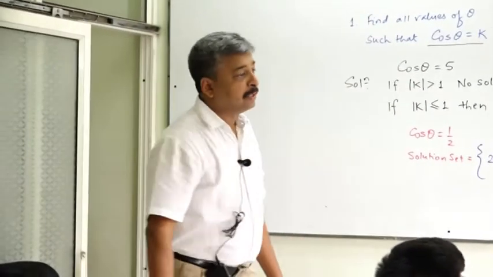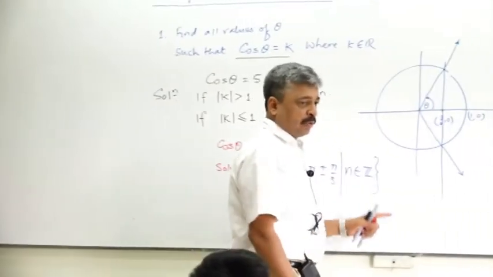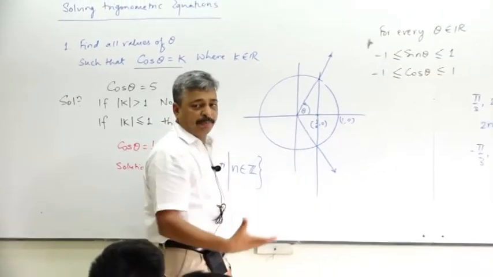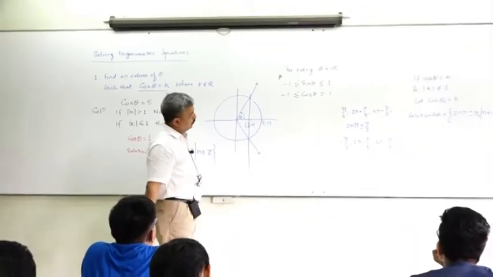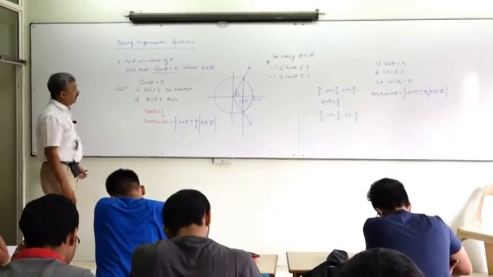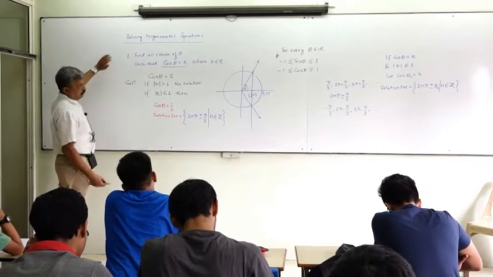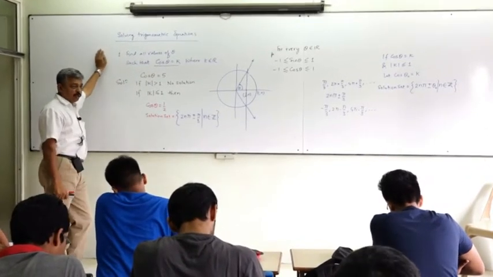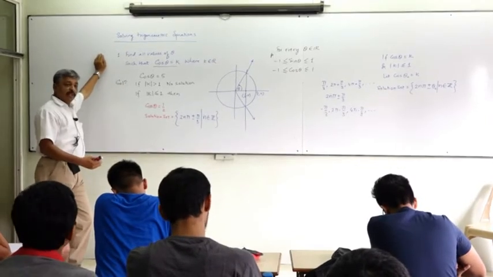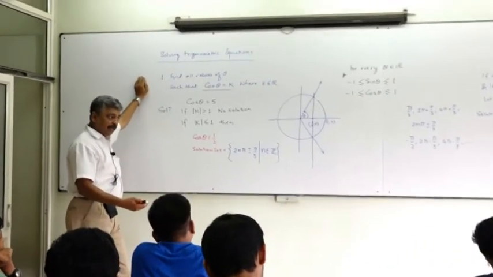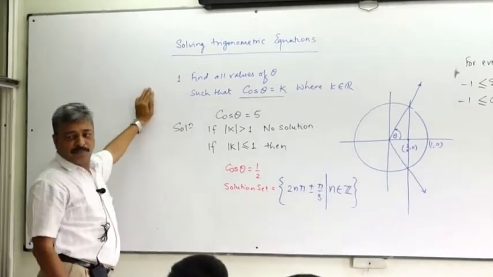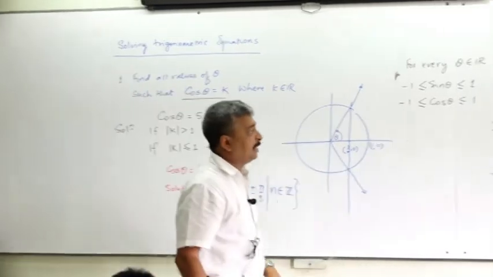Has everyone understood? This diagram is important. So whenever you are solving a trigonometric equation, this diagram you must get in front of you and then solve. Okay? So we are done with cos theta is equal to k. Now finally, after these three types of trigonometric ratios, cos theta, tan theta and sin theta, I will give you equations which, if you solve, you will end up getting something like this. And there we are supposed to report these solution sets. We will take that example at that time, I will explain it to you.